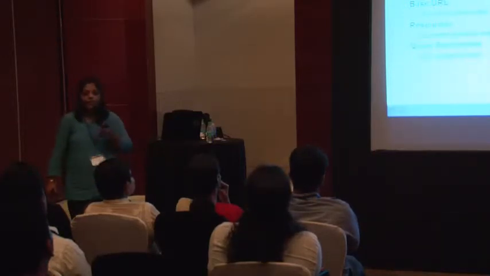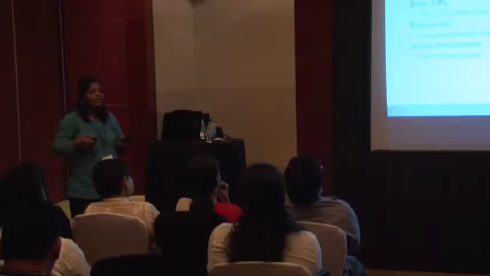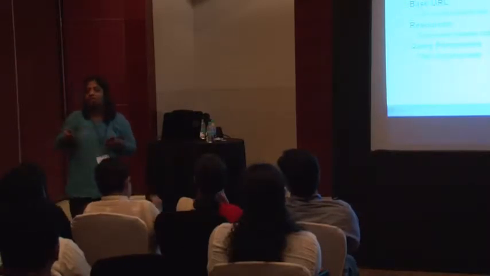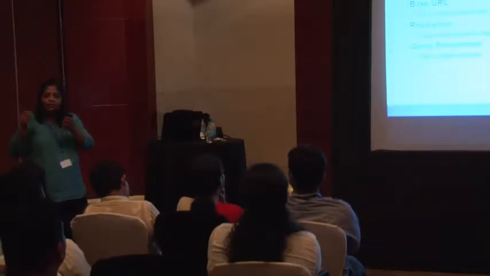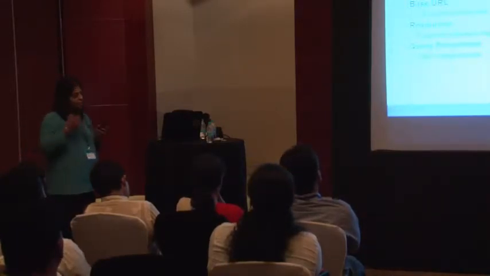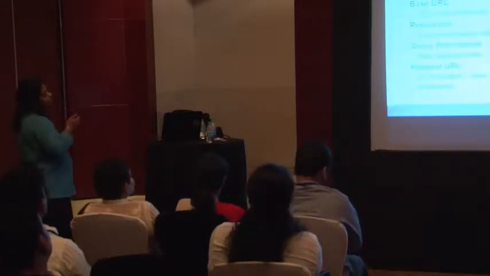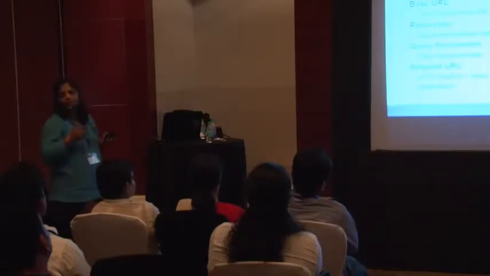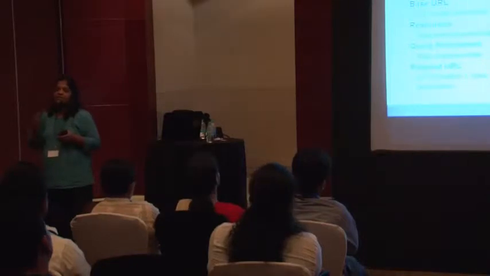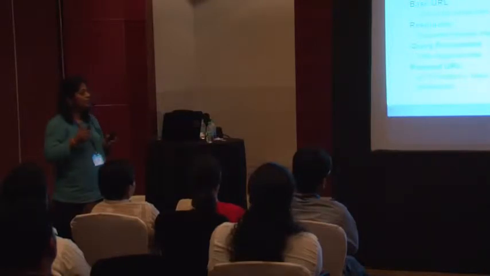Query parameters. Query parameters help you to filter your response data. Like I might not be interested in retrieving the entire information that is available on the server. So in this case, I can specify certain conditions and retrieve only that information based on these conditions. So the conditions you can specify using query parameters. Now all these elements put together, that is the HTTP method, base URL, resources, query parameters, all put together forms the request URL. So we can say that a request URL is enough information that you need to send to the server in order to receive the response that we are looking for.